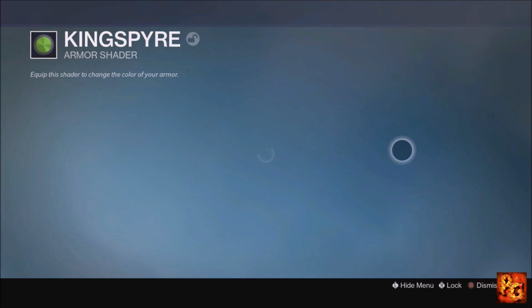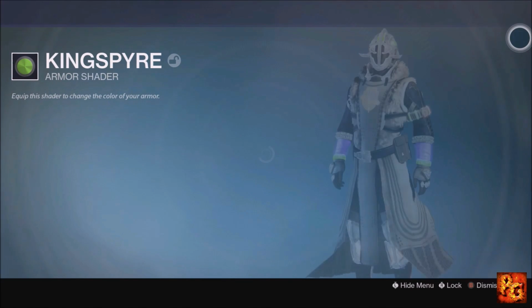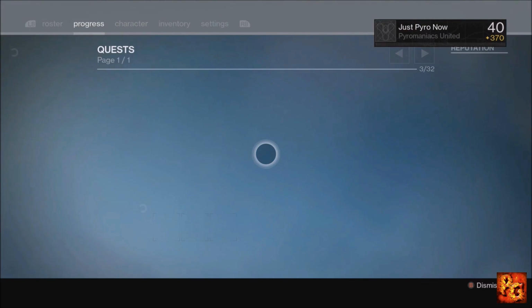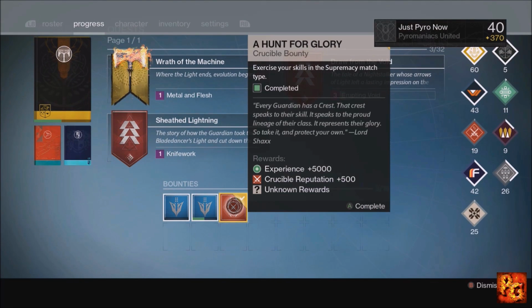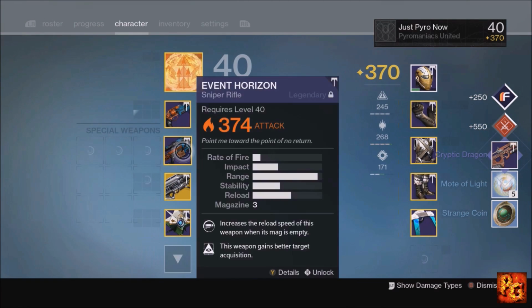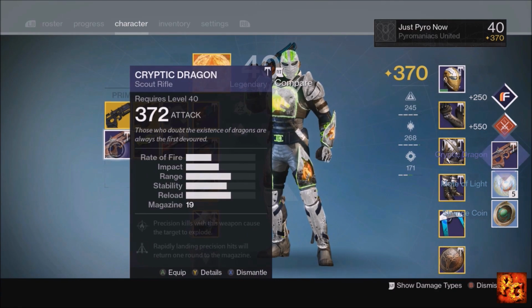But I'll go ahead and show you guys this. And like I said, I'll show you a more detailed version of it right here on the Hunter. Look, it changes the color of the ornament. So that's freaking awesome. But anyway, we are up to 7 points, and the last reward, we pull a Cryptic